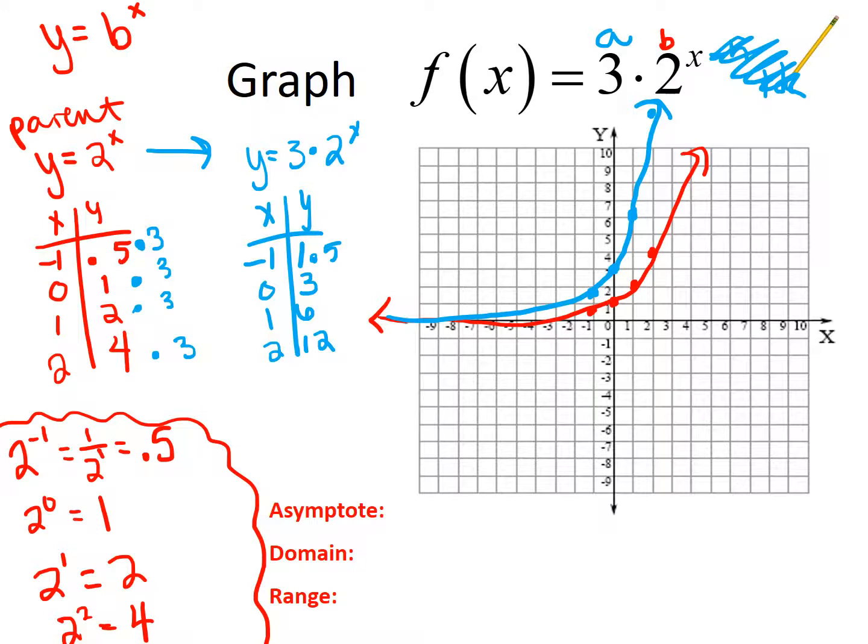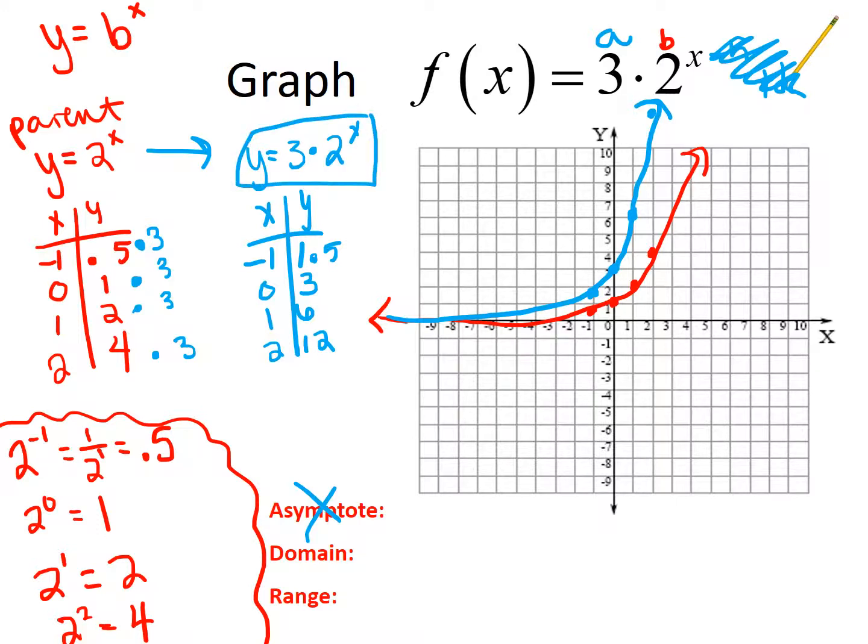see how it's stretching vertically on that y-axis? It's making it narrower when we stretch it or pull it apart from top to bottom. So that's what's happening. I'm stretching this parent function by a factor of 3. So for now, don't worry about the asymptote. We'll talk about that. But my domain of my blue